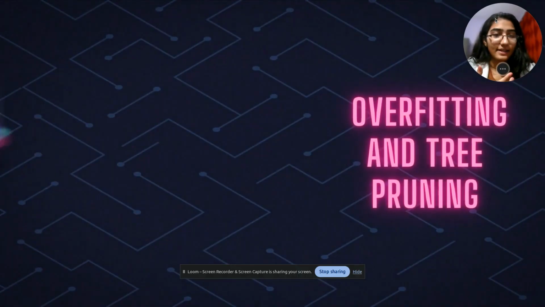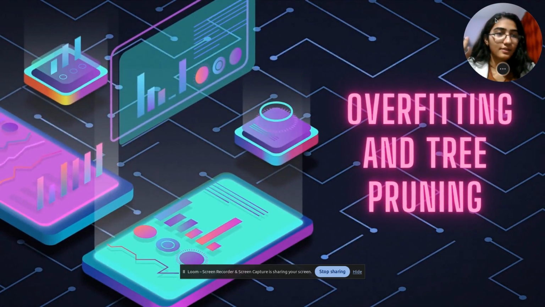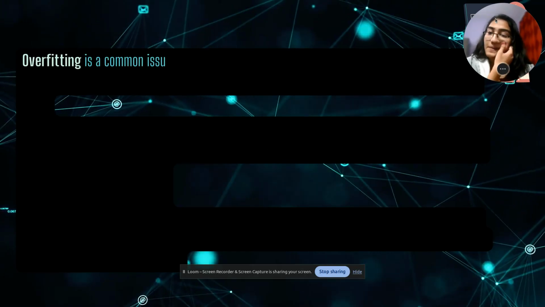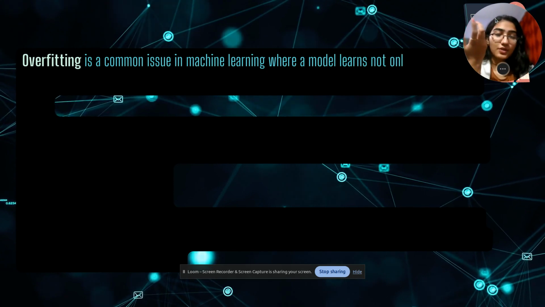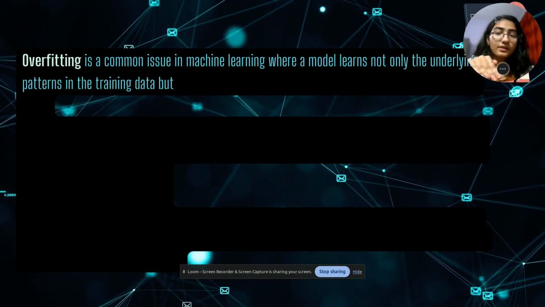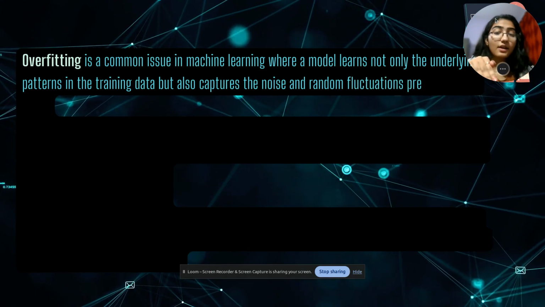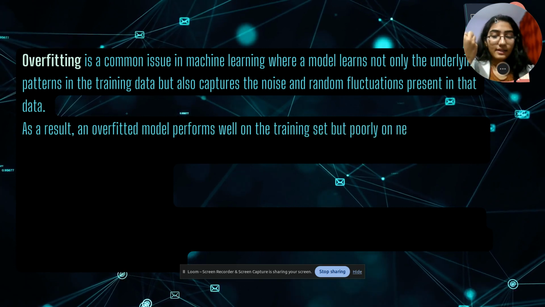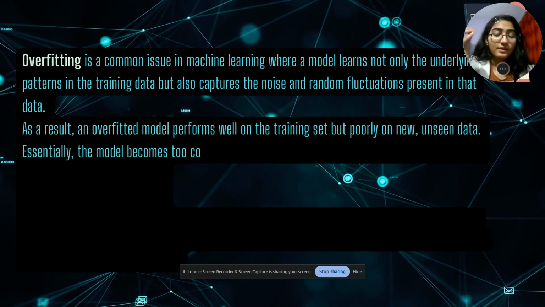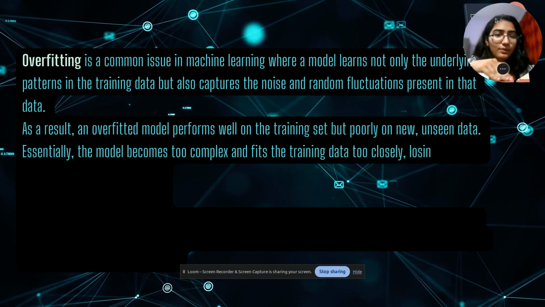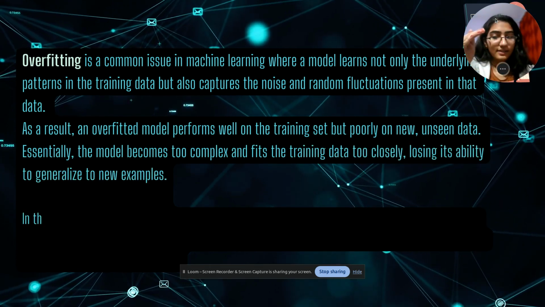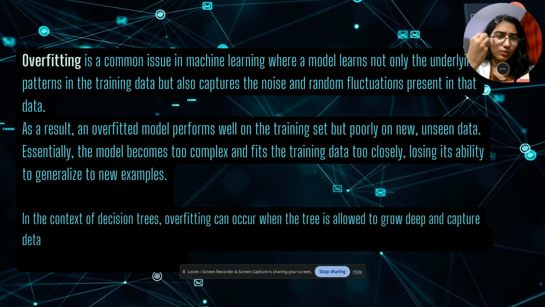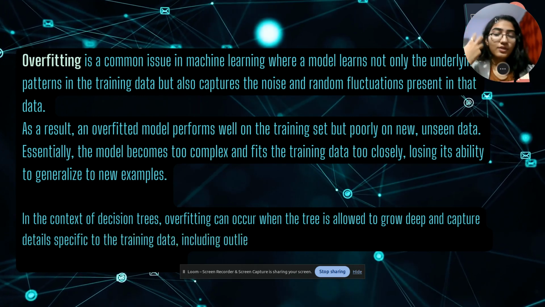So yes, next we will talk about overfitting and tree pruning, basic concepts of data science. Overfitting is a common issue in machine learning where a model learns not only the underlying patterns in the training data but also captures the noise and random fluctuations present in the data. As a result, overfitted models perform well on the training set but poorly on new and unseen data. Essentially, the model becomes too complex and fits the training data too closely, losing its ability to generalize to new